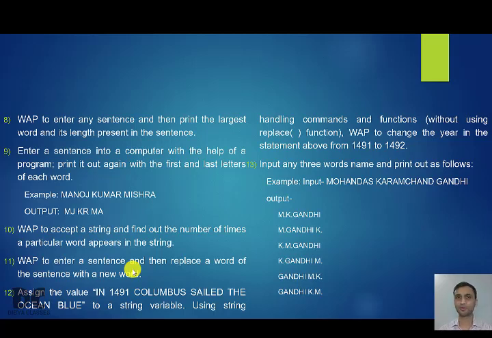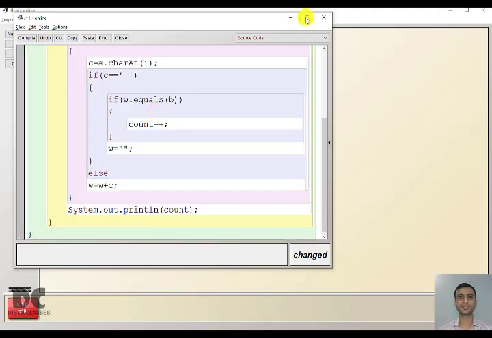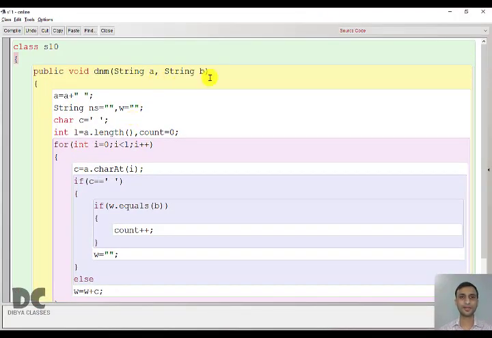Again, same type of program. You are going to extract the word and you need to change the true block of the if. Since it is almost the same program, I will copy paste the previous program. Now we have 3 strings to input. String A for the sentence, string B for the word to be replaced, and string, for example, X, which is the word that is going to replace the old word.